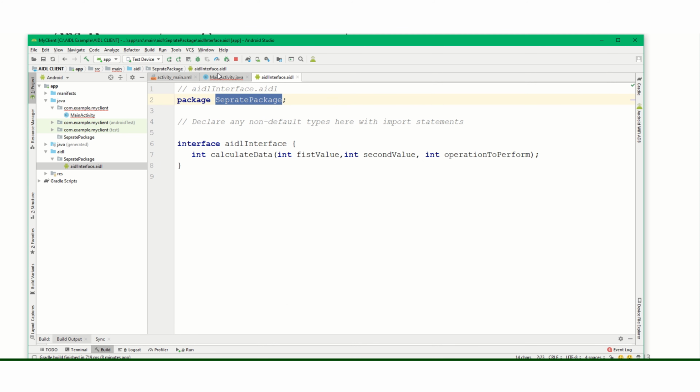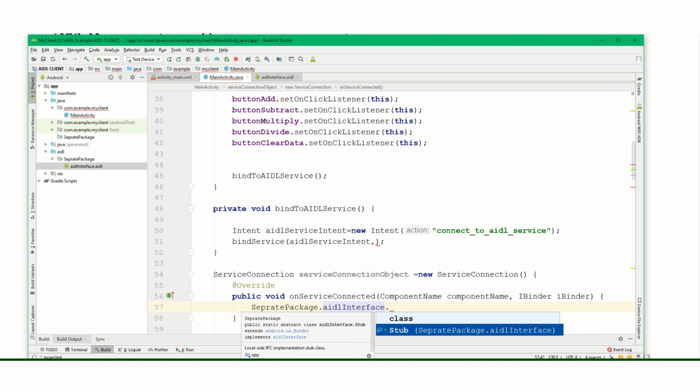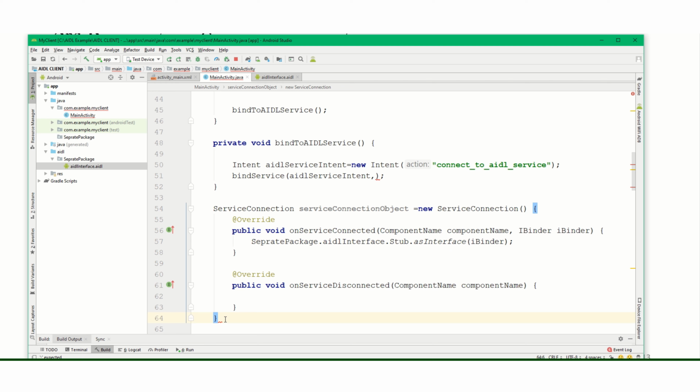This interface, AIDL interface dot AIDL interface dot stub. This is stub, and we have to treat it as our interface. So as interface, and in this parameter we have to pass this iBinder. This iBinder will be returned from the server once the connection is made. And type it iBinder. Okay, so our second parameter, service connection, is done.